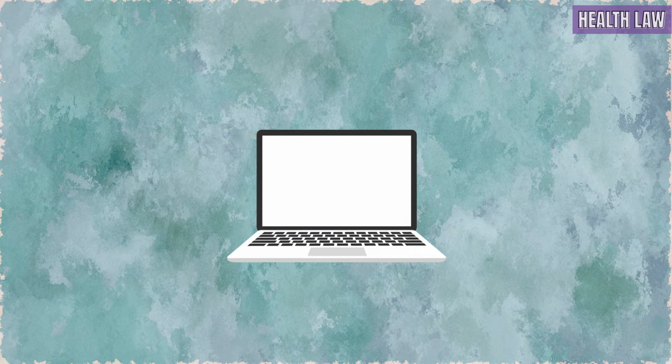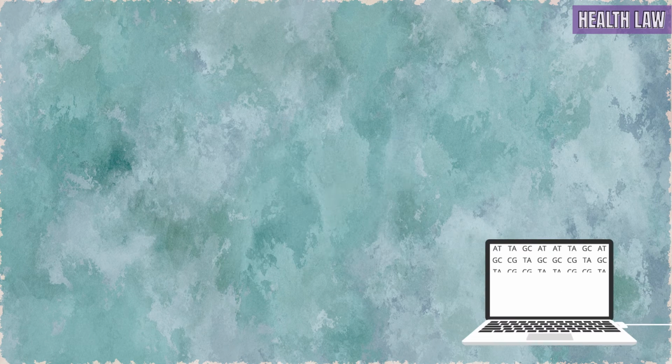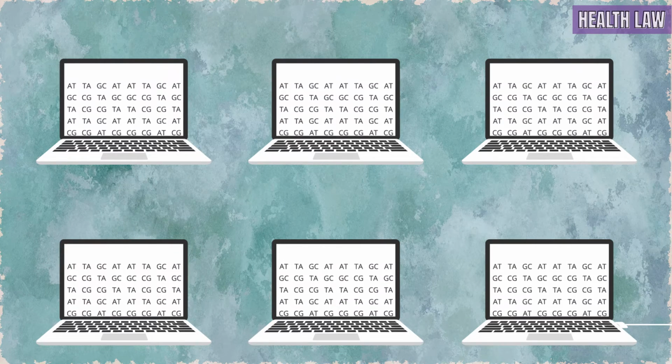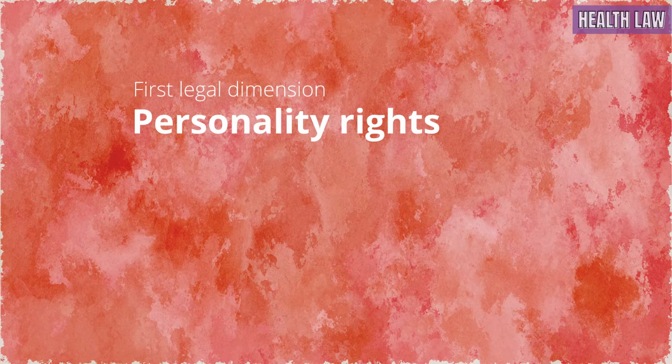As with other digital objects, such as software, digital money, and electricity, personal genomic sequence data are fungible. This means that multiple copies or instances of the same personal genomic sequence data can be made. The first legal dimension that is relevant to personal genomic sequence data is personality rights. These are rights that are intended to protect one's personality. Examples are the right to dignity, to respect a person's name, reputation, and, important in the context of genomic information, a person's right to privacy.